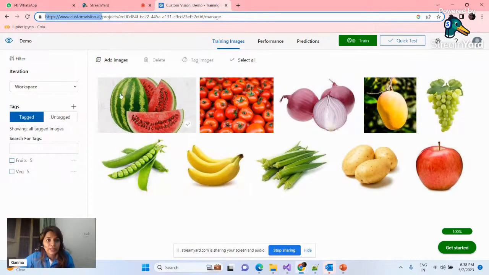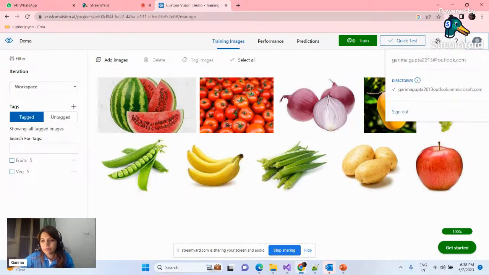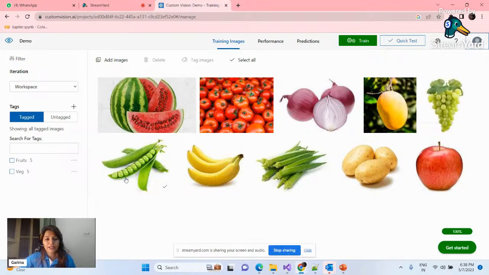Then you just have the username credentials for Microsoft. I'm just using the Azure credentials here, and then I've created a subscription and a resource group. Basic, nothing specific. Basic subscription and basic resource group. Then what you need to do is add your images, general images which you can download